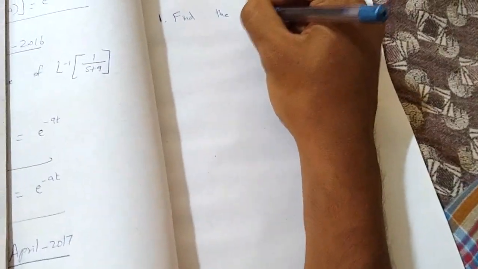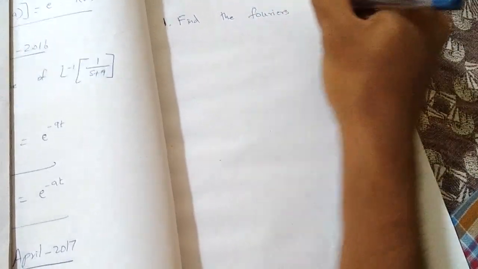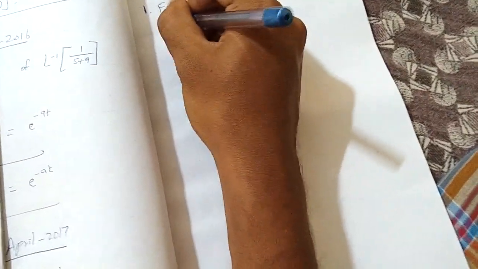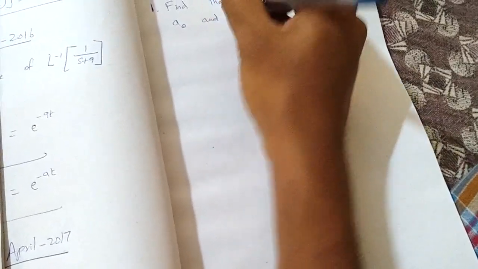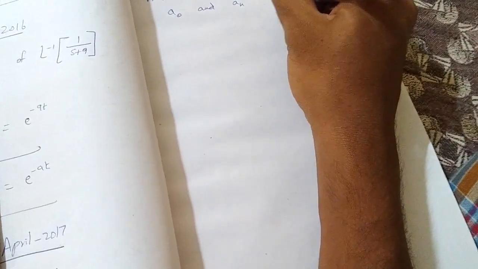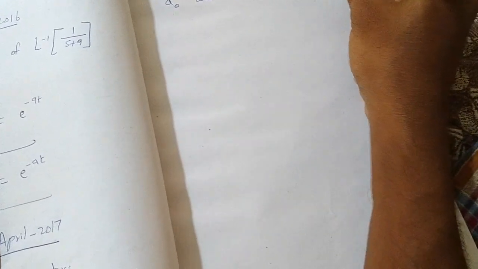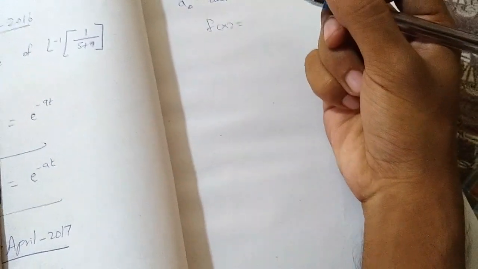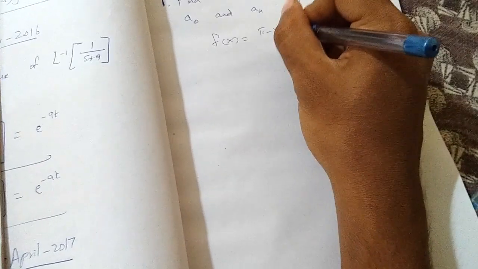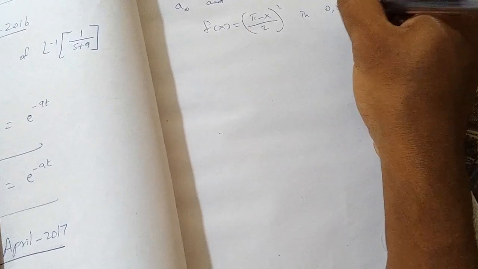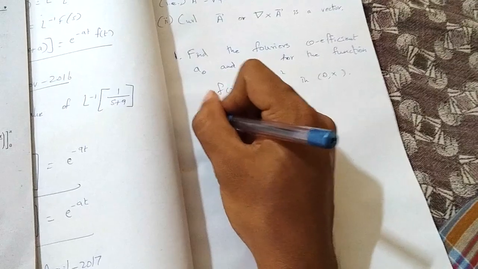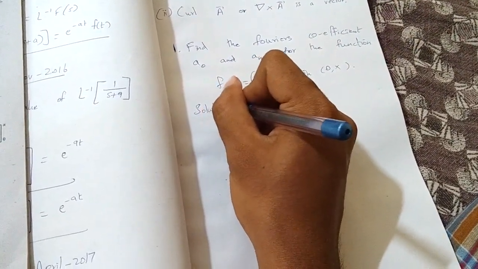Find the Fourier coefficients a0 and an for the function f of x equal to (pi minus x by 2) the whole squared in the interval 0 to pi. So the solution is,